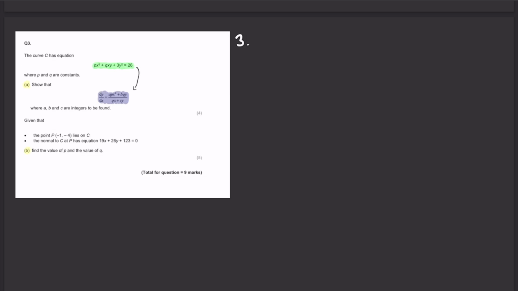So the video cut out for some reason, however, let's get back into it. So using the first method, we have px cubed plus qxy plus 3y squared equals 26, right? So we'll just differentiate every term individually. So for the first bit, we've got